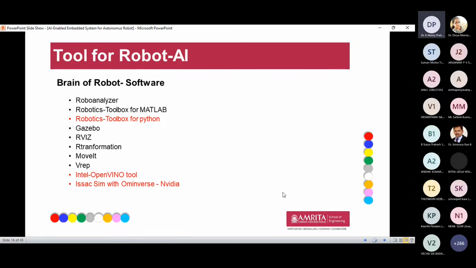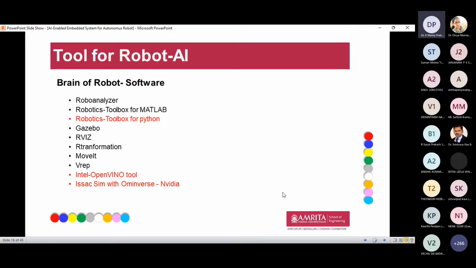And next is the Intel OpenVINO tools. This is a very advanced tool. Whenever we go with any high-end robotics, this tool can be really helpful for performing some actions of the robot, because the AI has some libraries with different techniques like TensorFlow, Caffe, MXNet. These are the predefined libraries or tools which are interlinked with our Intel OpenVINO tools.